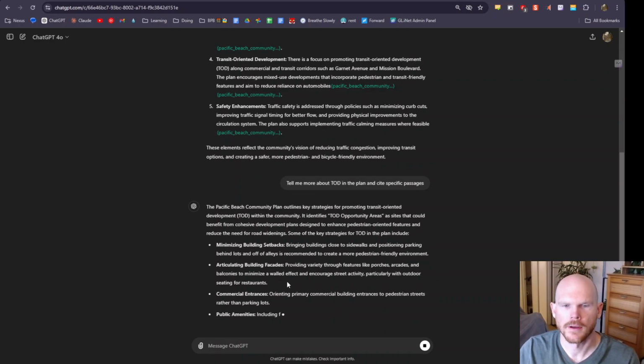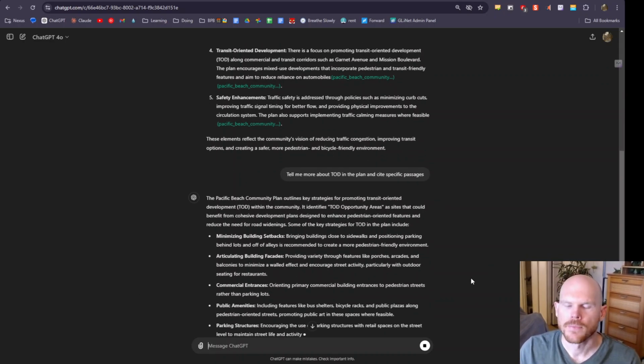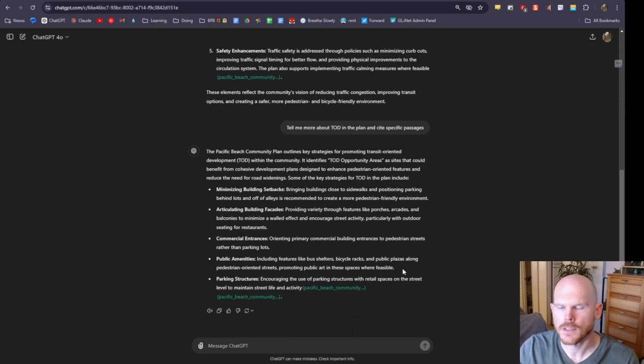And it just will bring out direct things. With all of the AI systems, you do always need to validate that it is not hallucinating. It's not misquoting or making things up. These models have gotten significantly better at not having those issues, but it is always just something to double check on. And you can see, okay, it's talking about transit-oriented development and what that would look like, kind of public amenities and parking structures and commercial entrances, that kind of thing. And then